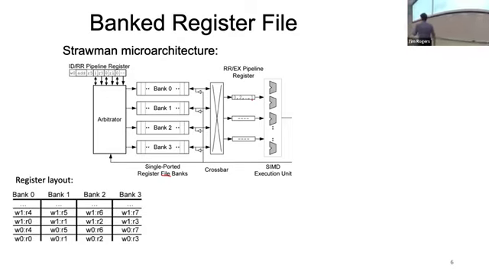The downside of this is that now we have bank conflicts, just like our shared memory, okay? Because if 2 registers have the same bank, you need to serialize their access if that bank only has a single port. So a naive way to build a multi-bank register stage would look something like this,